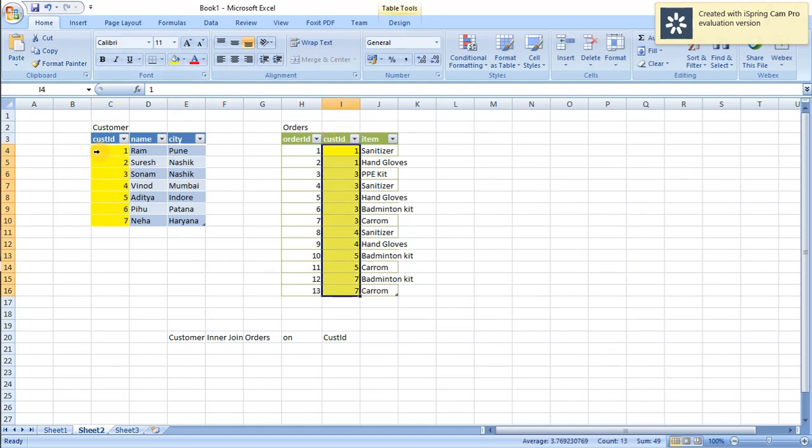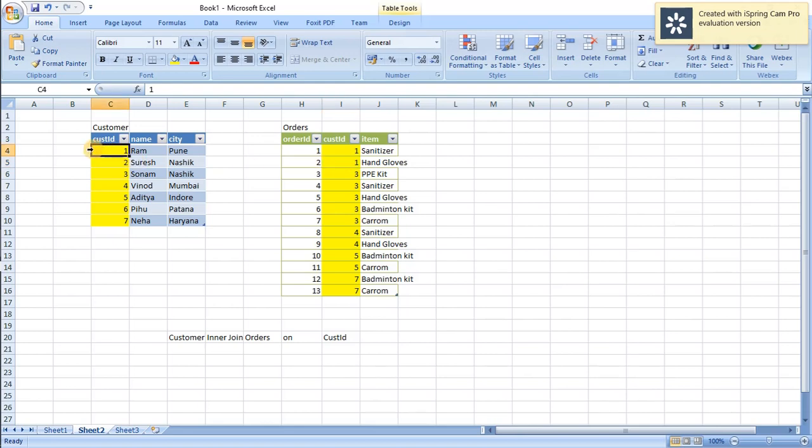Yes. So customer ID equal to 1 looks into the orders table, and this is a scan. It looks for whether customer ID equal to 1 is present in the orders table or not. If you can see, it is present here, ID equal to 1, ID equal to 1. So it occurs two times.